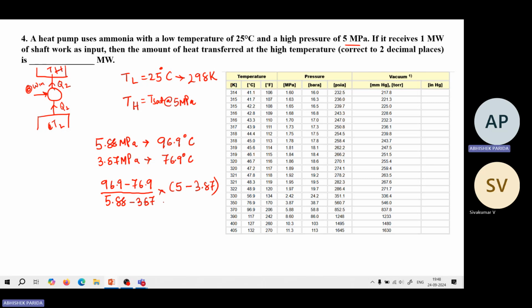We'll find it as 11.243 degrees Celsius, and this you have to add to the saturation temperature at 3.87, because with respect to that only we have taken the difference. So it is 76.9,